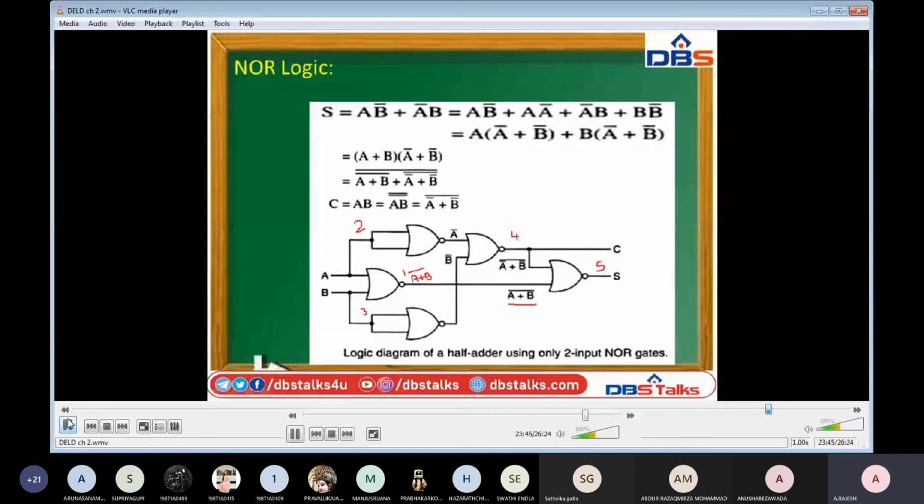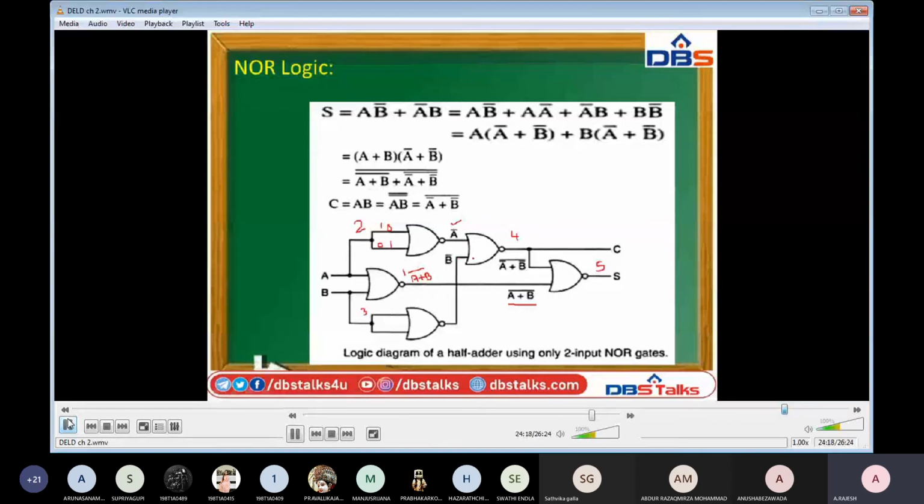From this, A is given as input to the next NOR gate. As we already know, for an OR gate or NAND gate or whatever it may be, the inputs must be 2. Here they have given only one input and we need to assume that it may be either 1 or 0. If it is 1, then it will be 0. If it is 0, then it will be 1. Whatever the input is, the complemented form will be our output, and that one is given as input to this one.